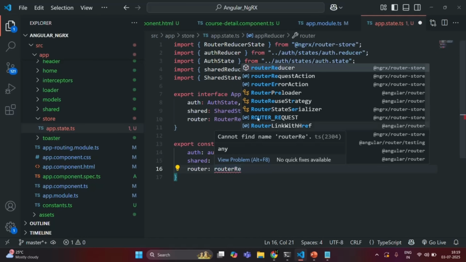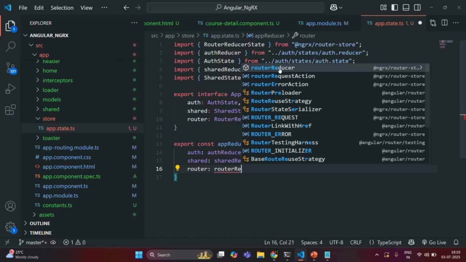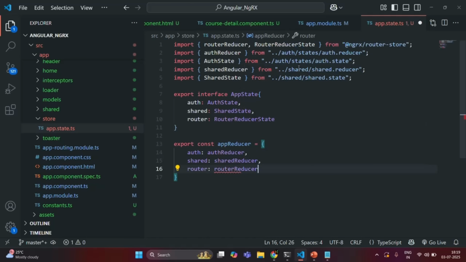Now remember that we have not created this router reducer. It is provided by NgRx Router Store. So it is built in with NgRx Router Store. We don't need to create any reducer for this router state. We can simply import it from NgRx Router Store. Okay, and with this, if I save the changes and go to our application,